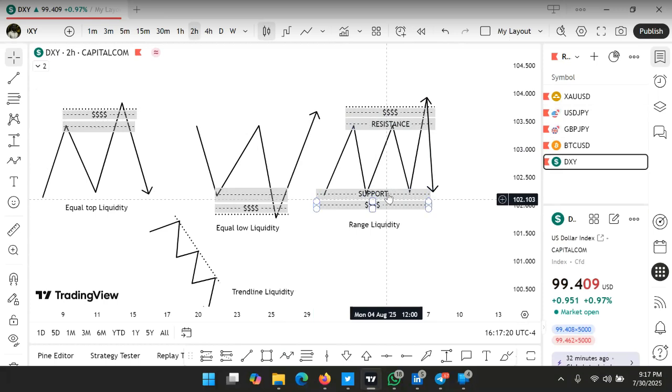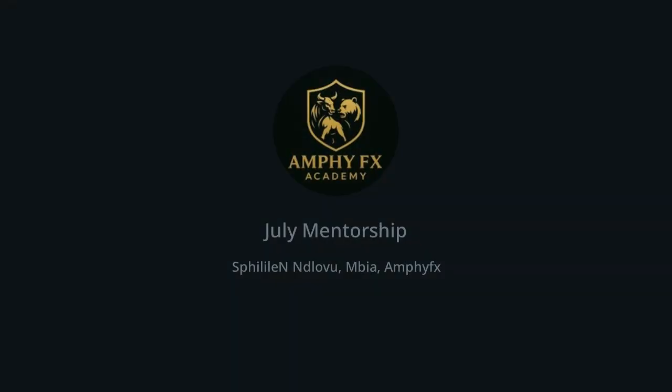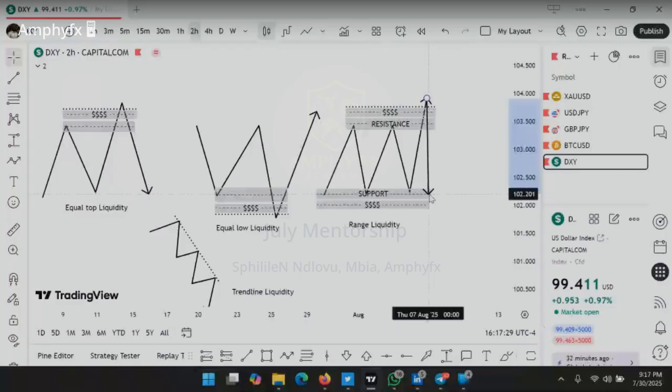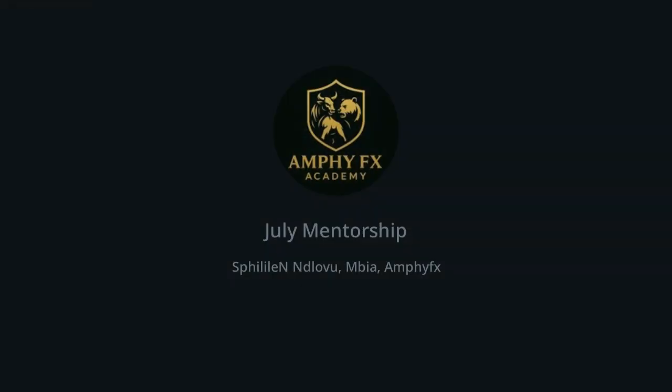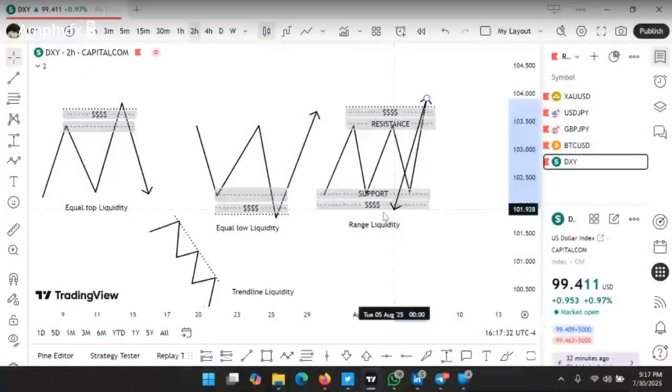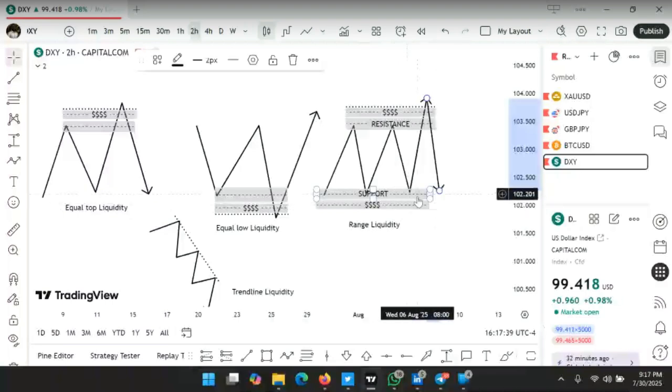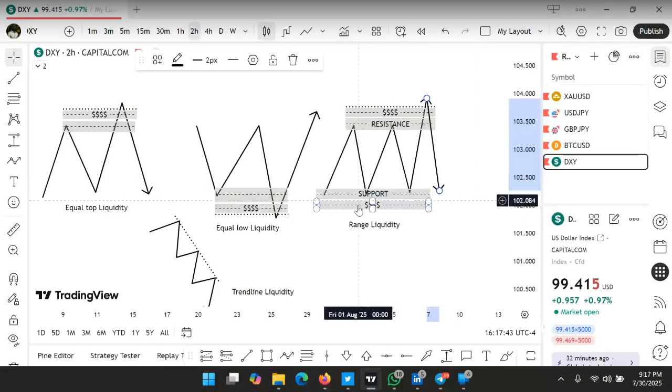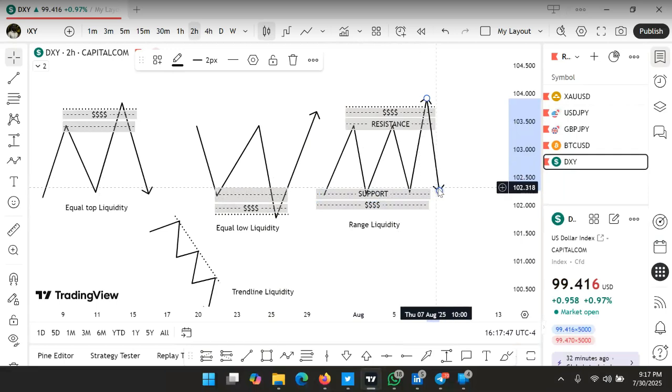So if the market comes back to this level, there are many people also waiting for it to come back to this zone and begin to reverse to this same resistance level. And if you notice, there are lots of stop loss orders sitting around this zone, because many people are waiting for the market to come back and tap into this, and they want to buy from this support level. And there are also those who place their buy limit at this level.